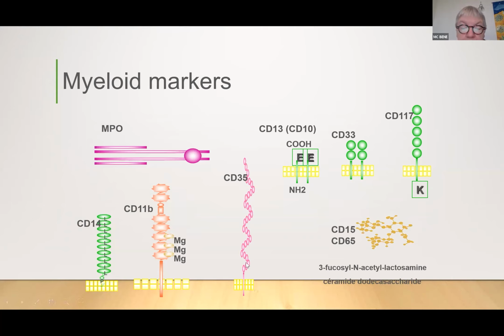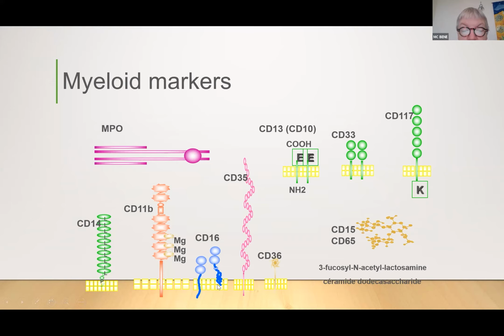CD35 is a complement receptor, which is seldom used in flow cytometry, but it could be a good marker of these cells. CD36 is much more used. It's a thrombospondin receptor. It's present on monocytes, but also on platelets and on nucleated red blood cells. So it's a marker that's going to give you a lot of information when you use it. CD16 is a receptor for immunoglobulin constant fragment. It's going to be extremely useful for the myeloid cells in this